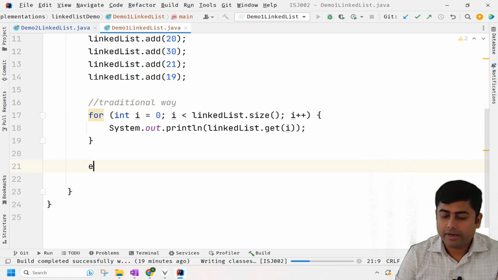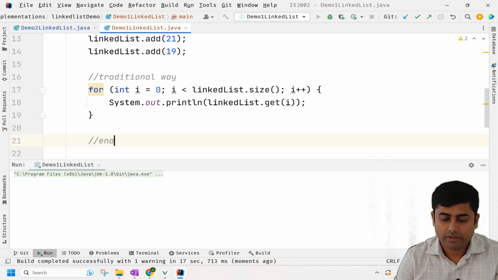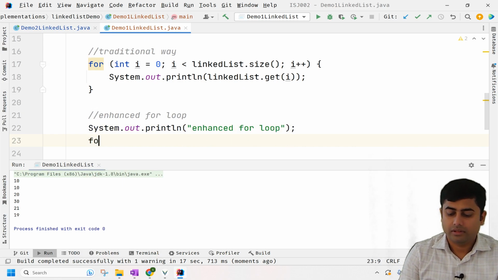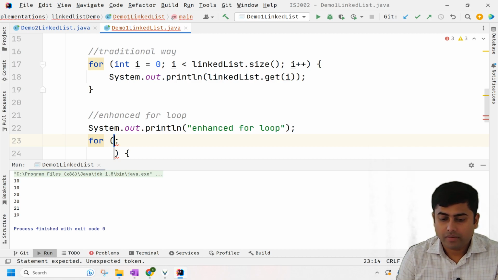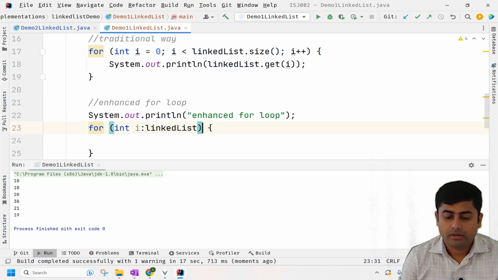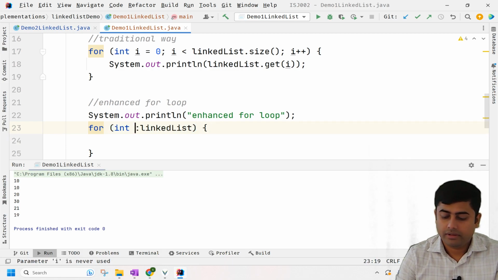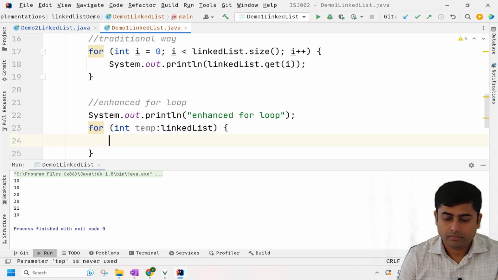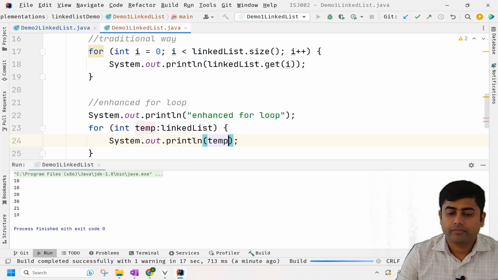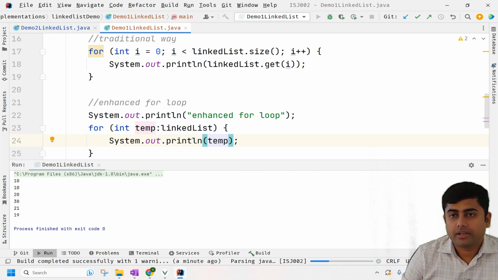So this is an enhanced way also we have, that is enhanced for loop। So how do I do that? अपने array में use किया था for each, और यहाँ पर आप क्या कर रहे हो, integer value int i, और यहाँ पर linked list दे रहे हो, that's it। You just give a temp, you print the temp, that's it। We are able to read the elements also।